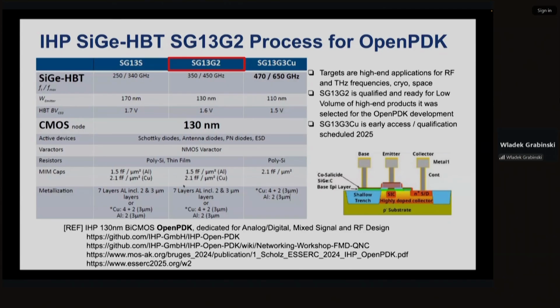Depending on the options, we can go up to 7 layers of metallization. For SG13G2, we also have an extra 4 layers of copper for RF applications. The next process is still in qualification and should be available early next year.